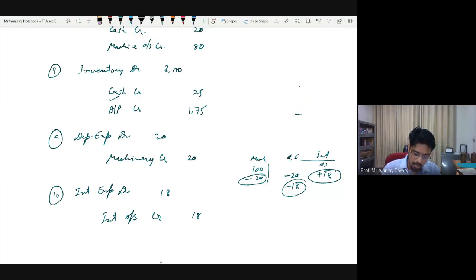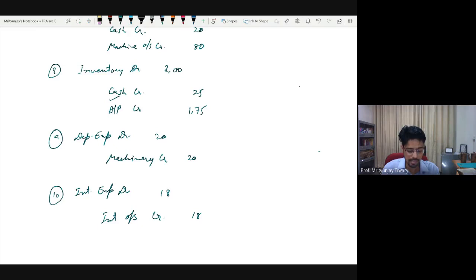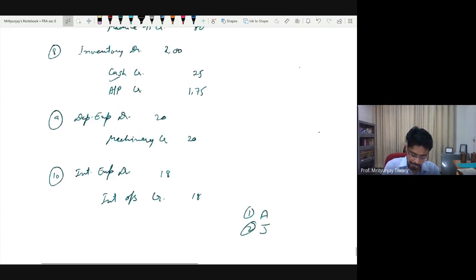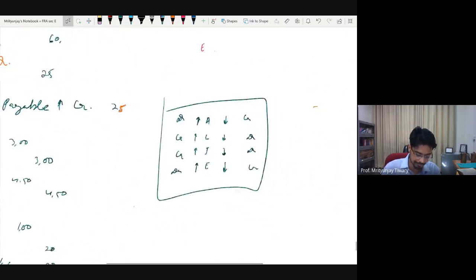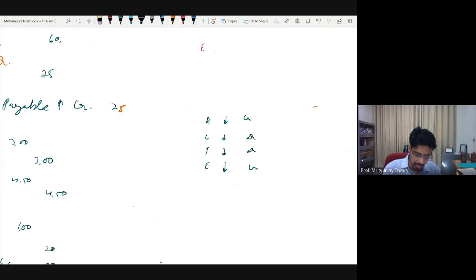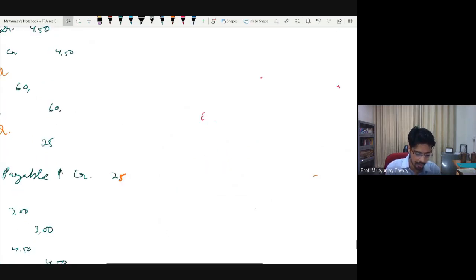Okay. Now, let us say the year has ended and now we are good to move to step number 3. For what we did, step number 1, which was analyzing a transaction, step number 2, which was passing a journal entry. Now we are moving to step number 3, which is called preparation of a ledger. Now, what is a ledger? In preparation of a ledger, we prepare something that is called a T account. Okay. So there is a very strange reason why it is called preparation of a T account. Let me show it to you.